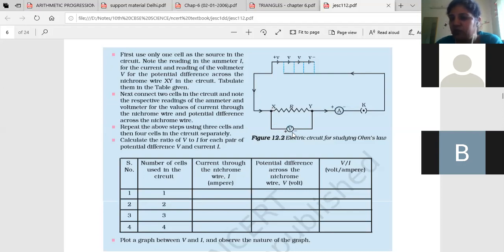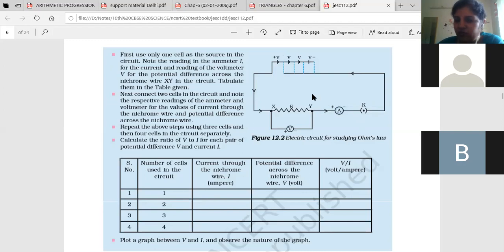Then at the two ends of this resistance we have to connect a voltmeter to measure the potential difference at the ends of this resistor. This is the ammeter, which is connected in series. How is it in series? You can see the battery's positive terminal is here. The wire coming from that has been connected to the positive terminal of the voltmeter, and the same positive terminal has been connected to the ammeter's positive terminal. The negative terminals of both have been combined and connected to the negative terminal of the battery. The key is present here for switching the circuit on and off.